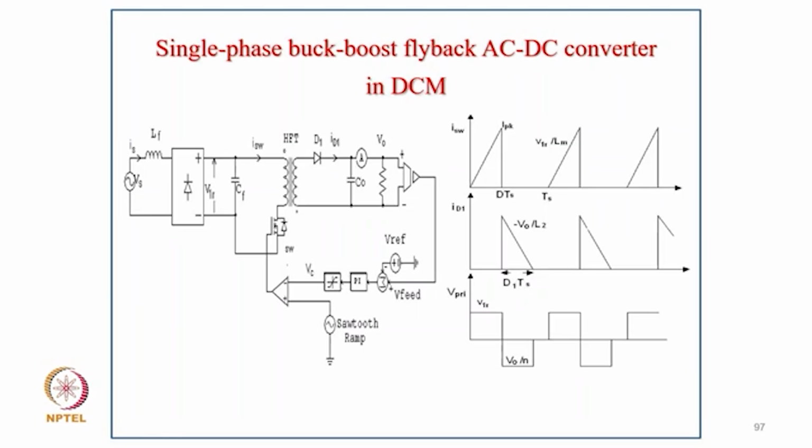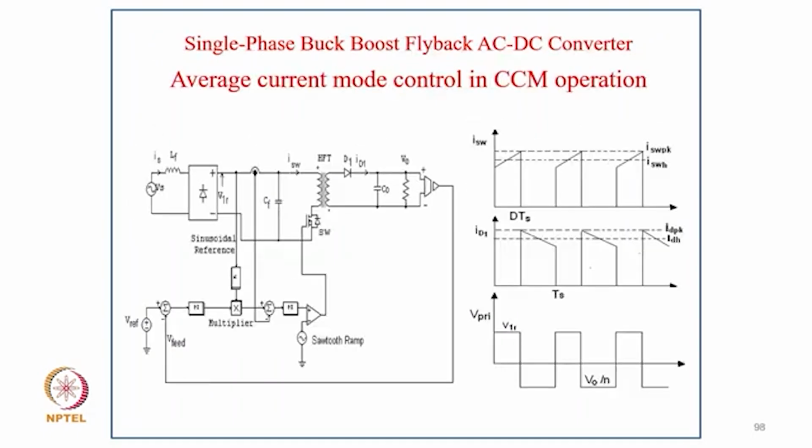So first the current increases when the switch is on, goes from 0 to peak, and when the switch is off at DTs, that is the on period, then the diode current is responsible for decreasing from that peak to 0, and there is a third interval when neither the diode nor the switch is conducting, and you get zero voltage across the inductor as you look into the primary voltage. So during on you have some positive voltage, during diode conduction, when the switch is off, you have a negative voltage, and when neither is conducting, you experience zero voltage across the primary of this flyback transformer.